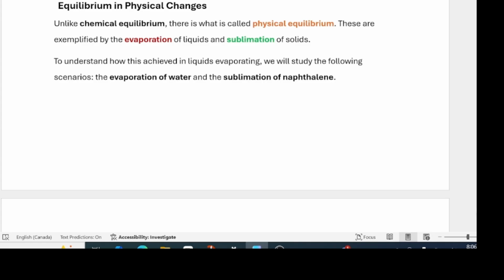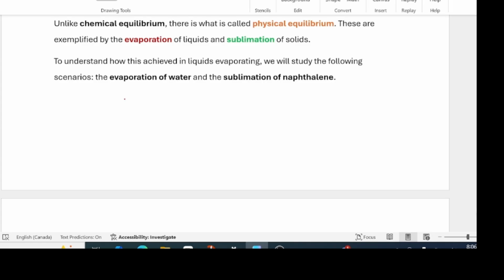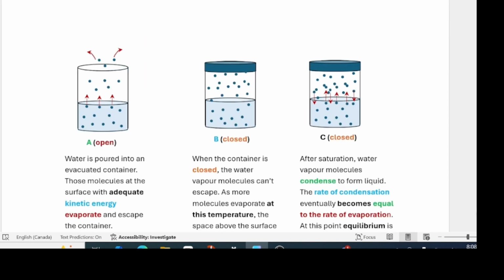Equilibrium in physical changes. Unlike chemical equilibrium, there is what is called physical equilibrium. These are exemplified by the evaporation of liquids and sublimation of solids. To understand how this is achieved in liquids evaporating, we will study the following scenarios: the evaporation of water and the sublimation of naphthalene. Recall that according to the Maxwell-Boltzmann distribution of energy curve, at a particular temperature, not all molecules of a system have the same amount of energy, and only a small fraction of them have enough energy